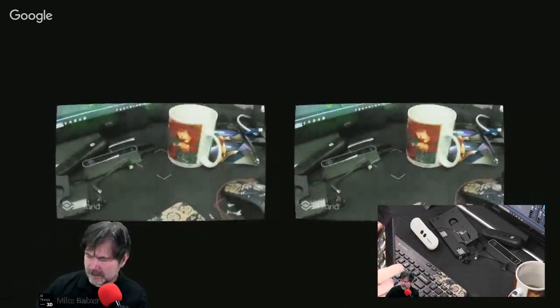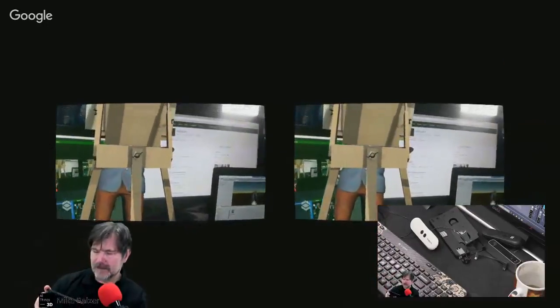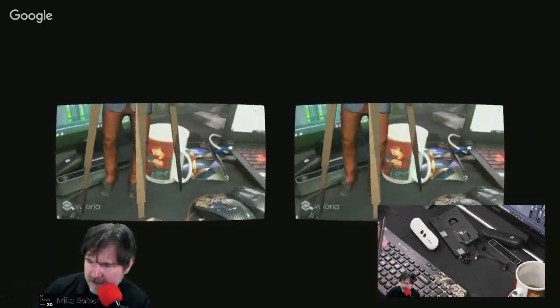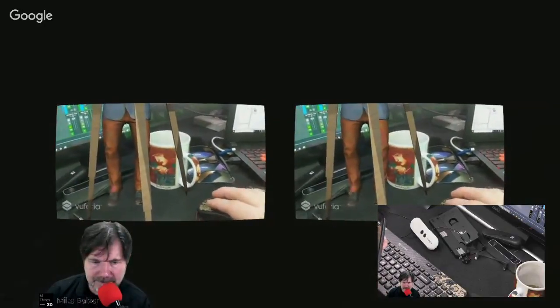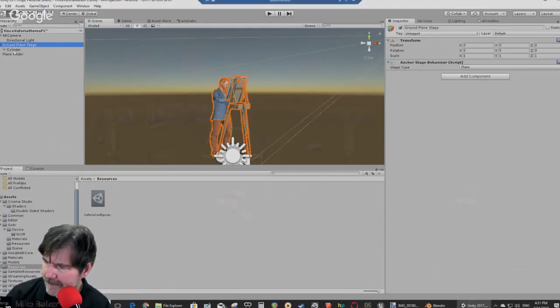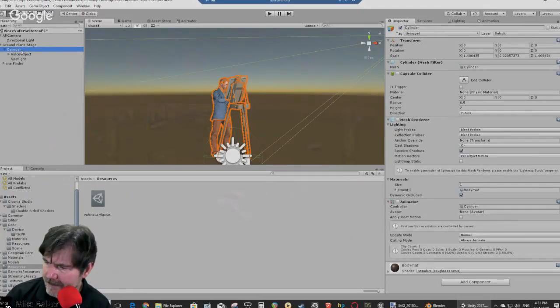Let me put him right here. So that's the plane detection. So if we go back to my screen, plane stage here, cylinder right here, inside